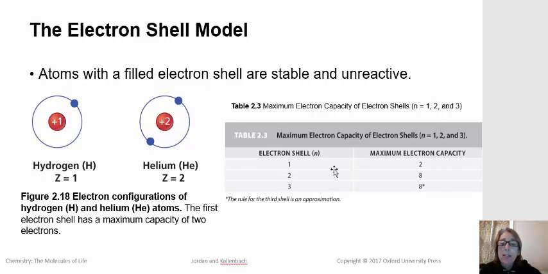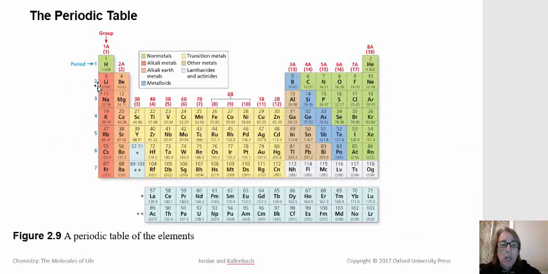So if we look at the second shell, it has a maximum electron capacity of 8 electrons. So in the second shell, that starts getting filled in the second period, where we have 3 electrons. So now we've filled the first shell, we've got to go on to the second shell. 1, 2, 3, 4, 5, 6, 7, 8. Neon has a filled second shell, so it is stable. Every other element in the second period does not have a filled shell, and so those atoms are going to